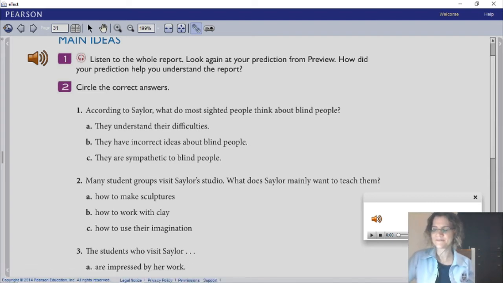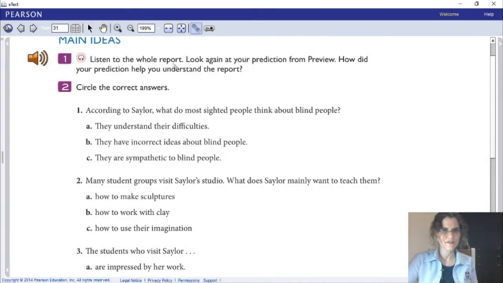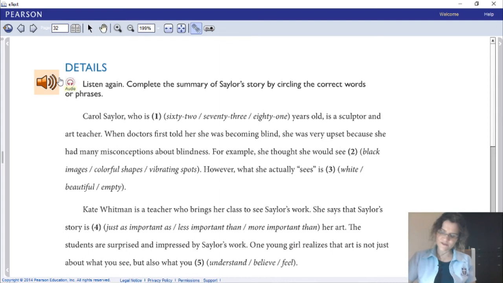Okay, awesome. Amazing, the challenge she had to face in her life, but that she can do something great with it is even more amazing. Okay, you got to take your pick in the multiple choice, and that brings us to details.